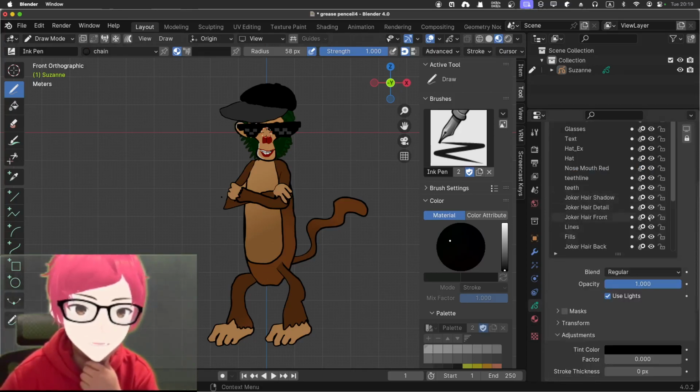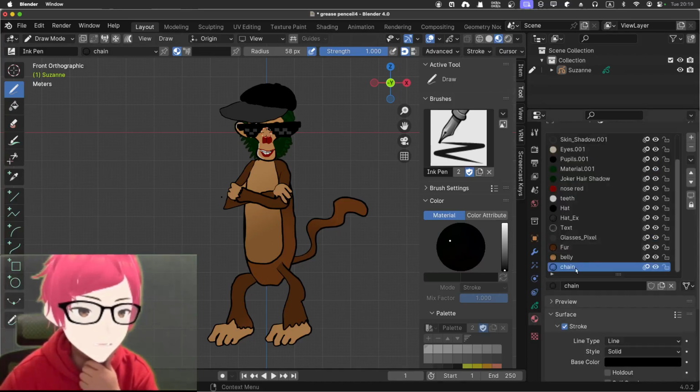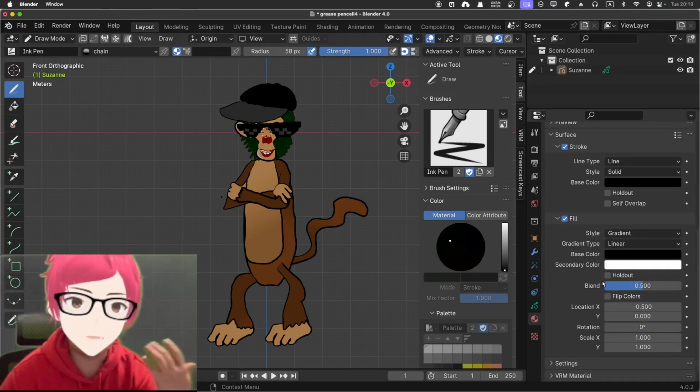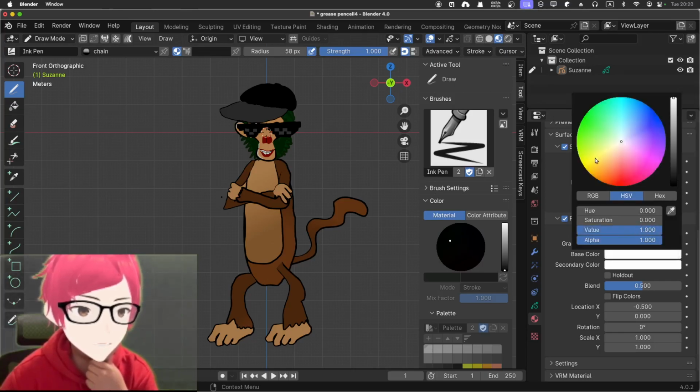Okay, I got this chain layer. Lock everything else, and using the chain material. If you're not sure that you are using this, you can just manually select the chain material, and you can change the fill to gradient. In order for you guys to see the gradient clearly, I'm going to get you